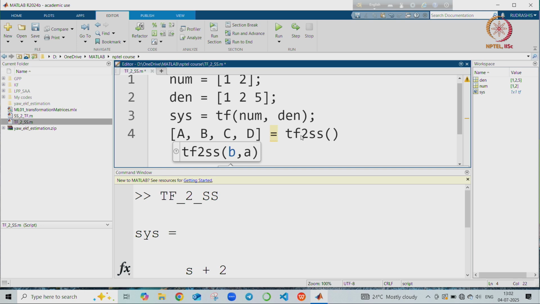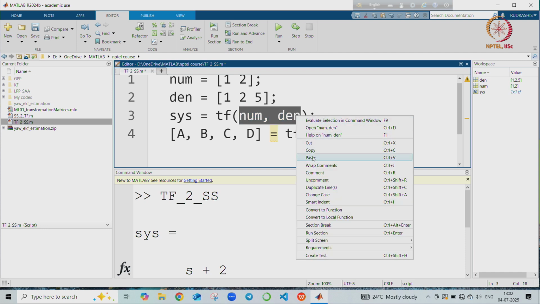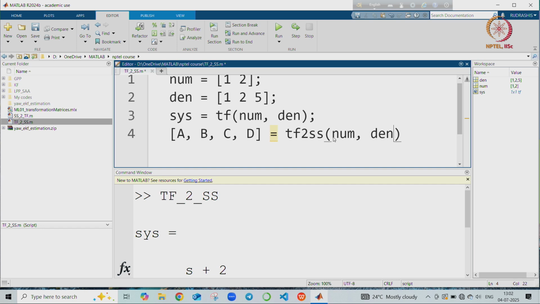Just remember that this tf2ss function should have two arguments inside, so you have to write it in the form of numerator and denominator. If you are putting only the system, then it will not work. Now when we simulate this with tf2ss,